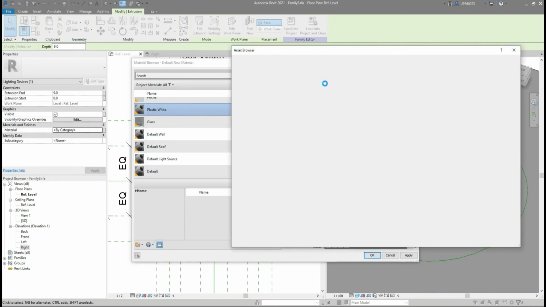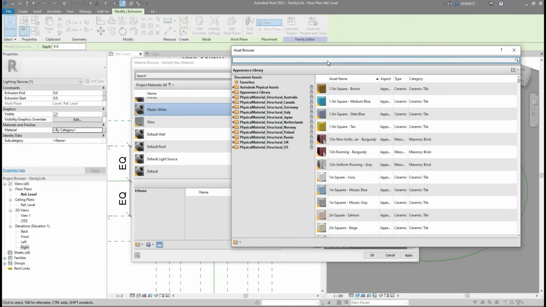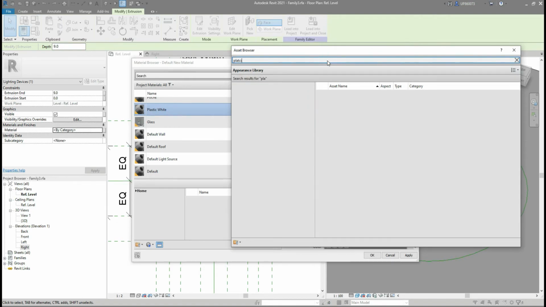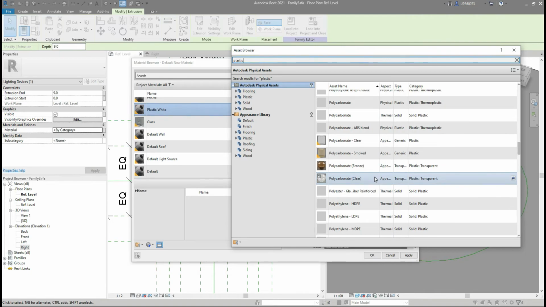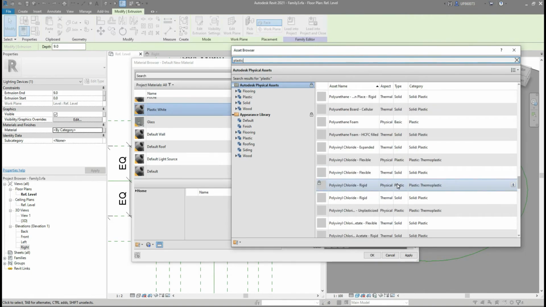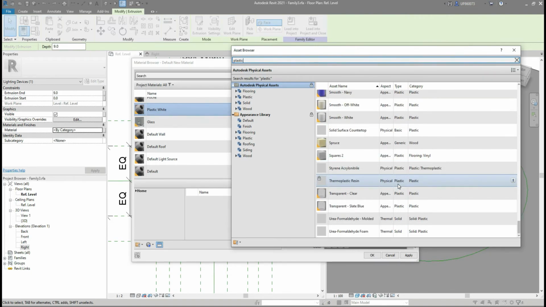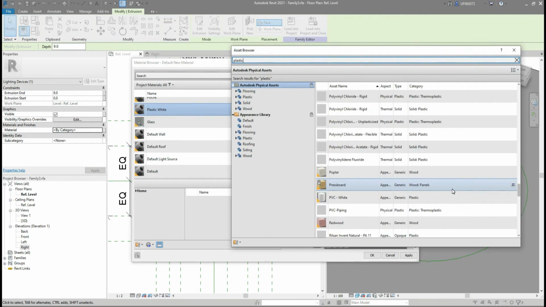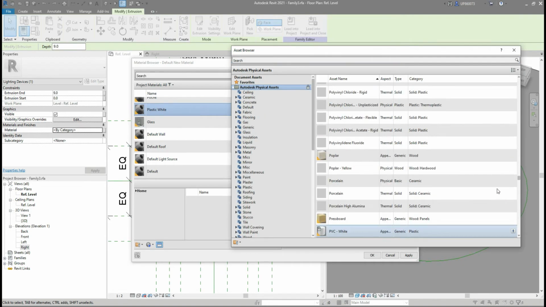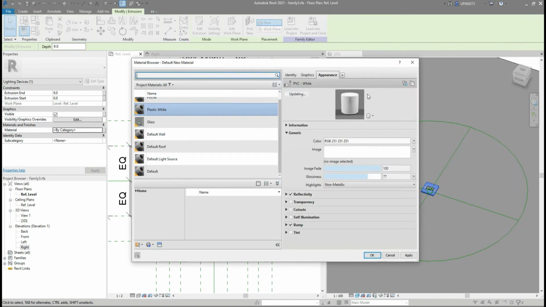Then I'm gonna find, let's say I'm gonna type plastic, and let's see what I can find. Let's choose this one, PVC white, for example. Hit the OK button,